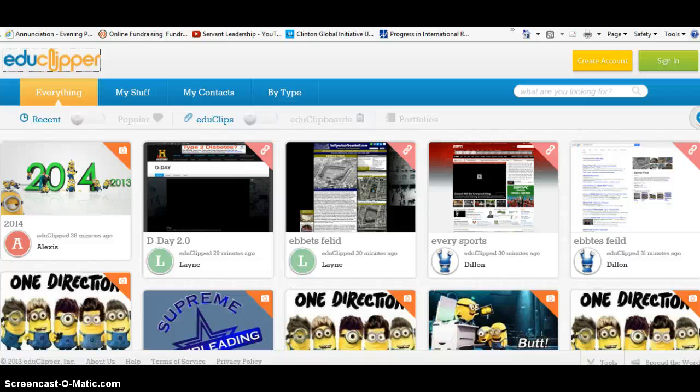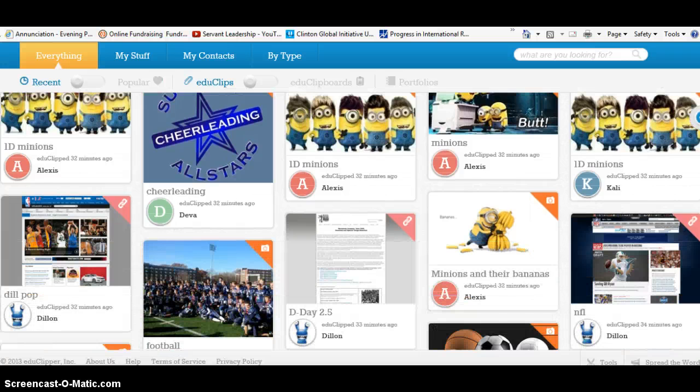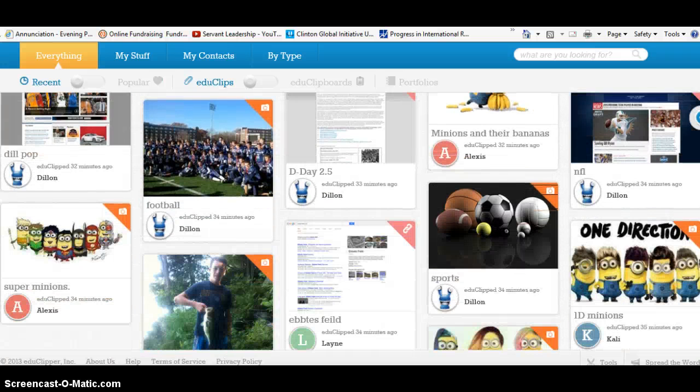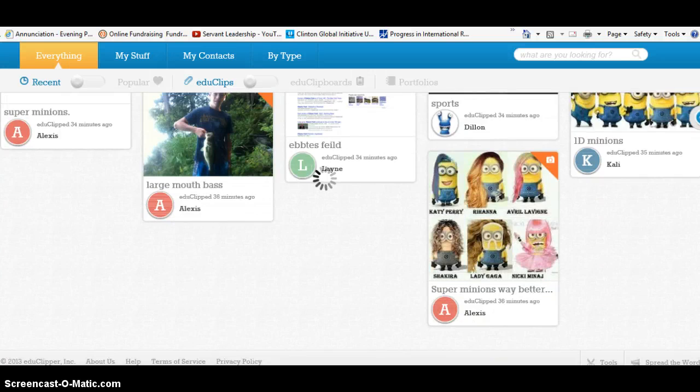Educlipper is the Pinterest for educators, and it is a forum where teachers share ideas and things that they have created in their classes so that teachers all over the world can also share in their creativity. On this screen, you have an example of everything that we find on Educlipper, from lesson plans to